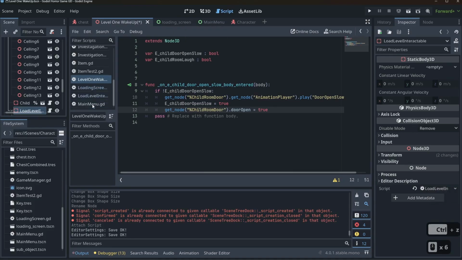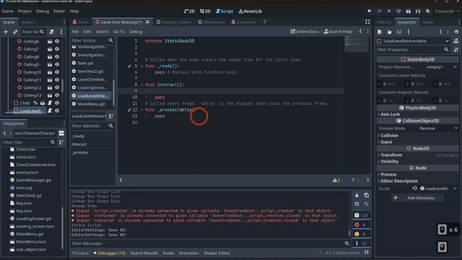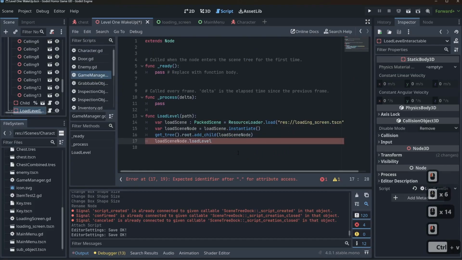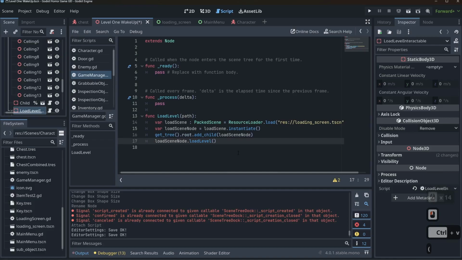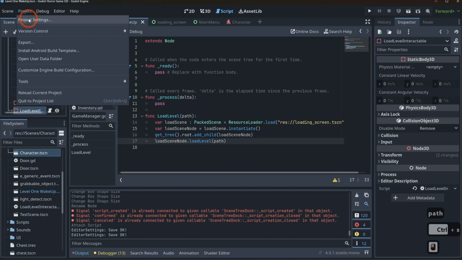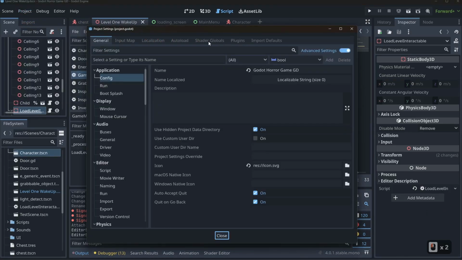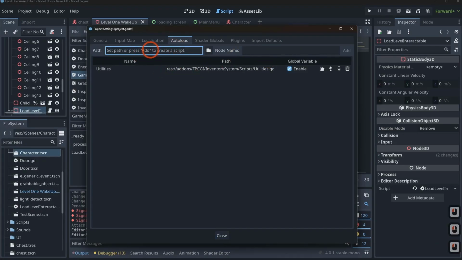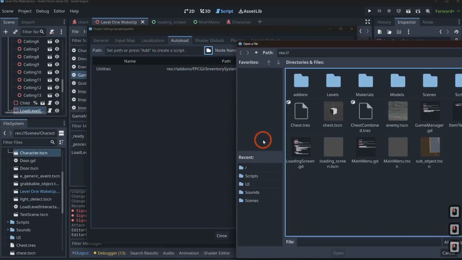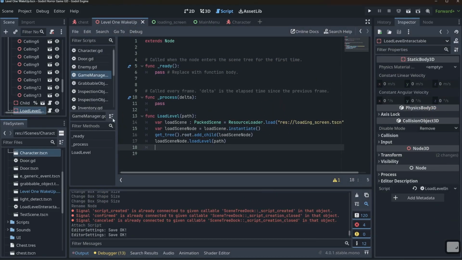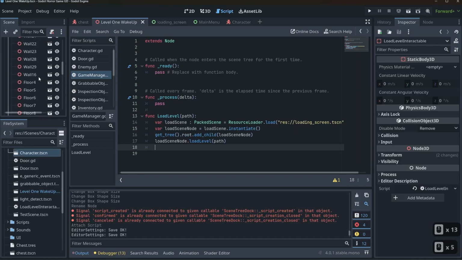So we'll head back to our game manager, wherever it went. There we go. Dot load level. And for the path, we'll just pass in our path. And there we go. Now if we go into project settings, we go into auto load, we can go ahead and add in our game manager. So we'll bring in our game manager like so, hit close, and then we can basically just go back to